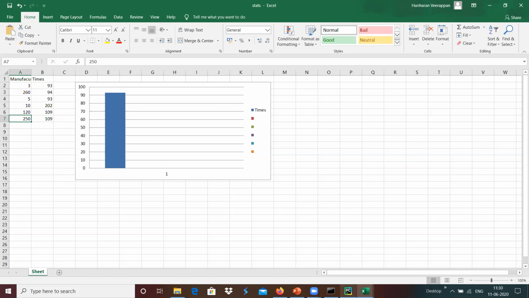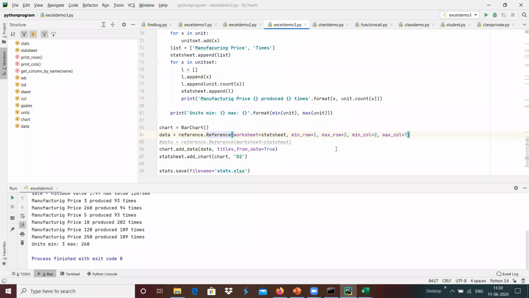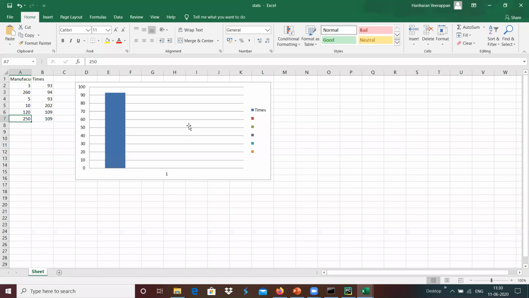And maybe I'm going to do that min row and min column, and the maximum column is this one.